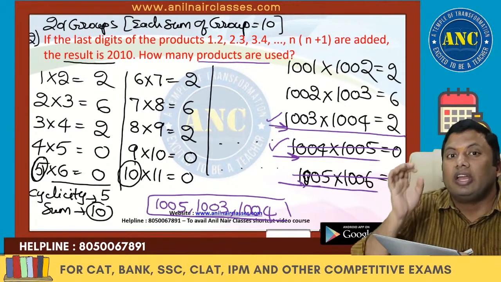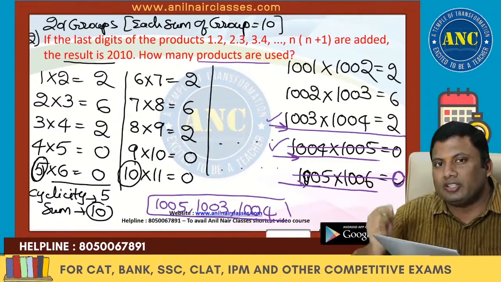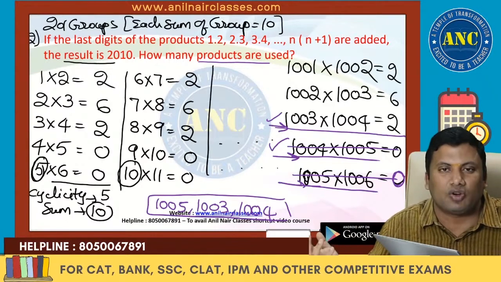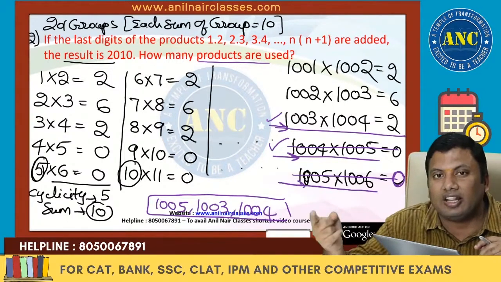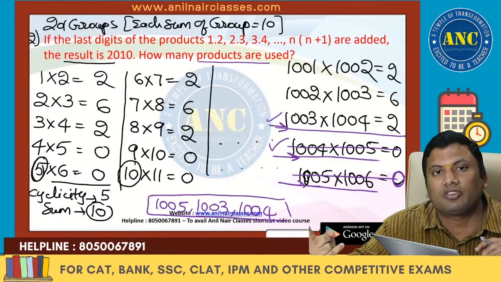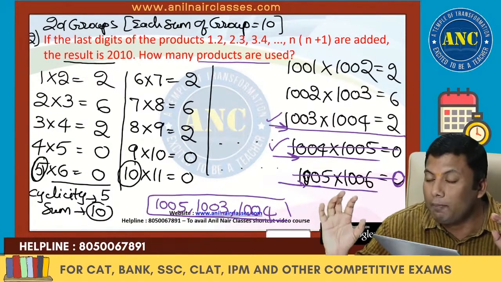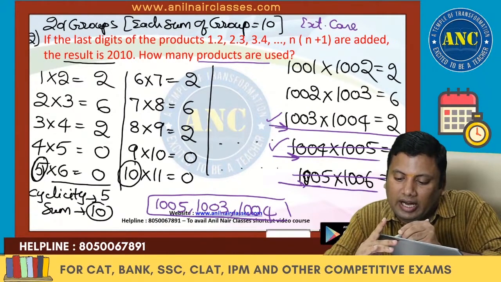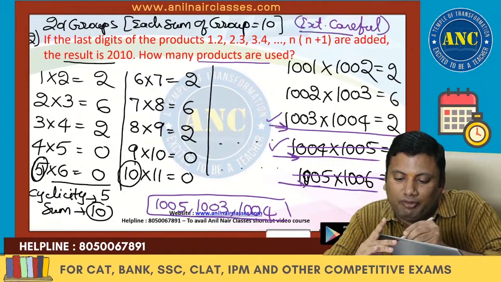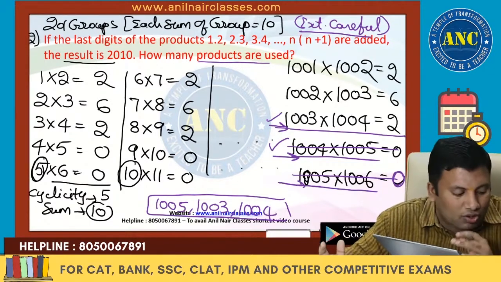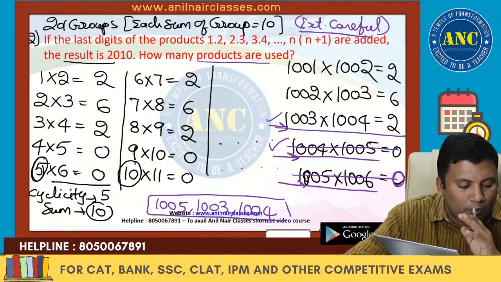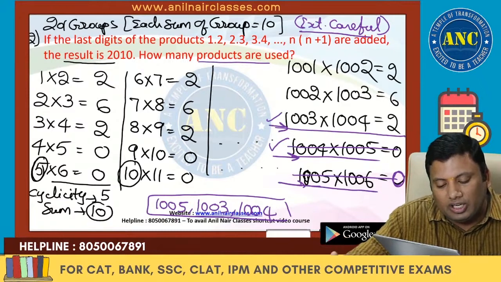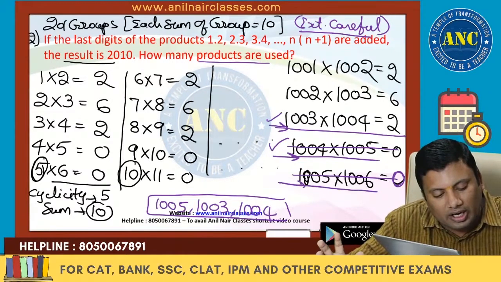99.99% of the students, in a hurry, impatient students, will tick mark 1005, and they will tell their friend that this question is an easy question and they got 1005. But there is an option 1003, 1004 and 1005. Be extremely careful while solving counting related problems. Read the question twice so that you will get an idea. How many products are used? 1003, 1004 and 1005. I hope the idea is clear.